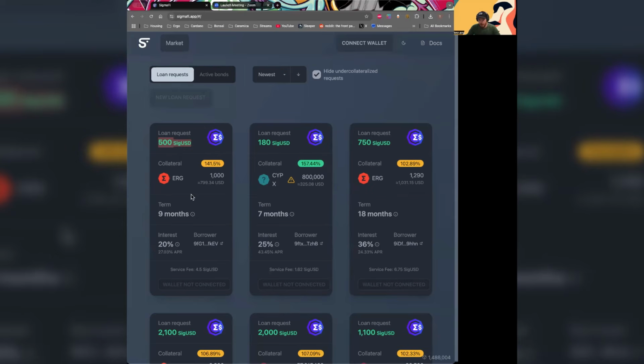So if this person does not repay their loan by the end of this 9 month timeline, and it actually gives them a block that they have to submit by, if it does not do that, then automatically it liquidates this collateral to make the user whole again. So super clean, fair. I think personally, I've had these interactions and loaned people money. You didn't get it back, and there was no way to enforce it without ruining your friendship or something like that. And I know I keep using the word clean, but that's how it feels.